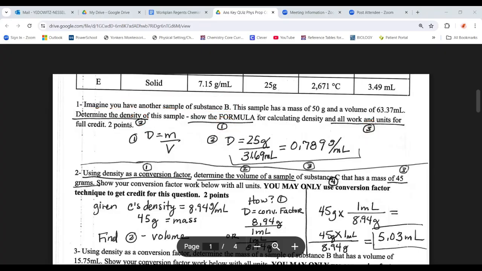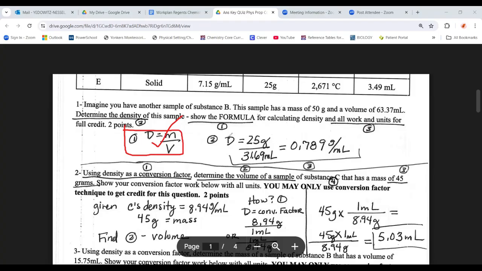So here in my answer key version, I'm going to show you the formula, right? So one, did you show me the formula? That's fluency. You memorize the formula for density. Do you understand how to use this formula, what everything represents? And so